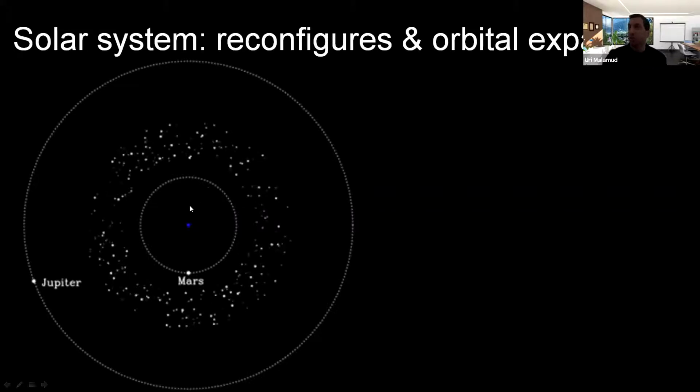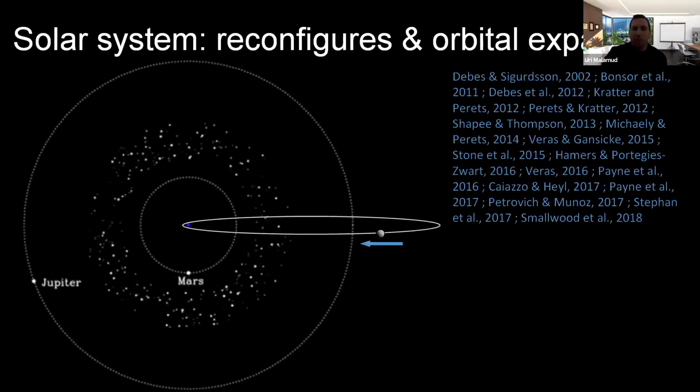The inner solar system basically is gone. Mars probably gets to survive, and the asteroid belt and Jupiter and so on. And you also see that the orbits have expanded. This is because, as I said, the star loses mass. So by conservation of angular momentum, all of the orbits have to expand as well. And then what happens is the same that happens in our solar system. A bunch of planetesimals, they can be asteroids or comets or planets or moons, are being perturbed into what we call tidal crossing orbits.